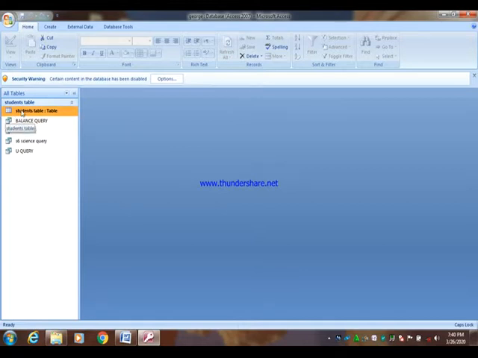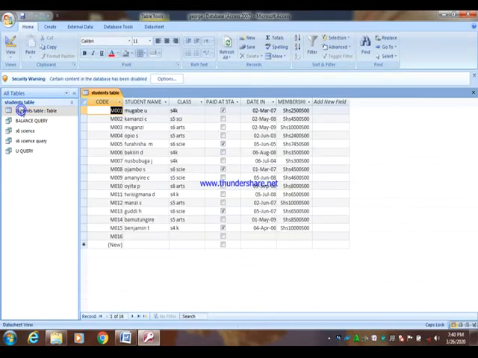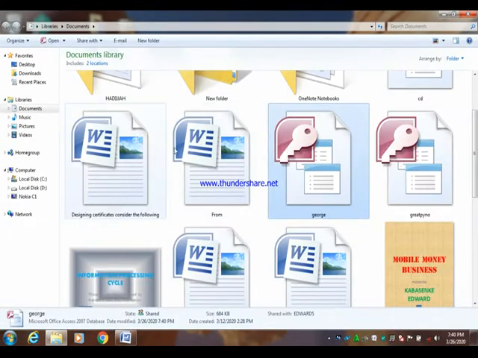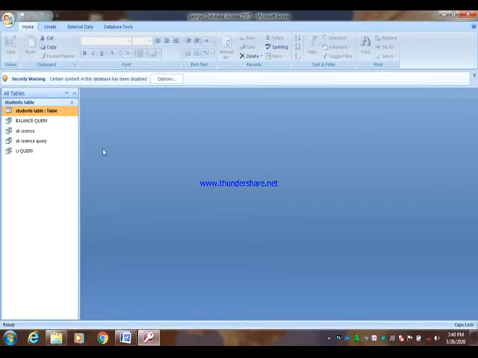And one of the objects we are looking at is the table. This is the table. The table holds raw data. And also we have other objects, whereby you have a query. A query is used to answer questions. For example, here